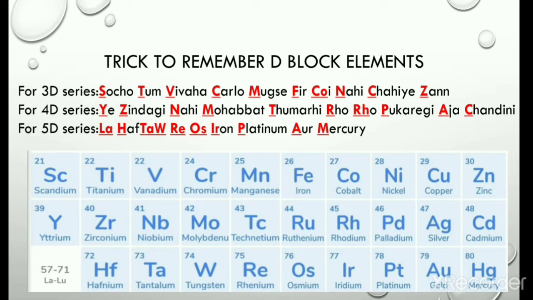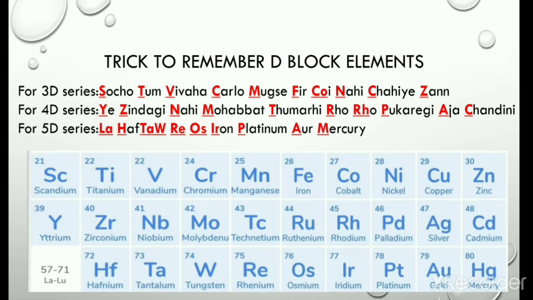For the 4D series we have to remember ए जिंदगी नहीं मोहब्बत तुम्हारी रो रो पुकार के आज चांदनी. Here also the underlined dark capital letter gives us the first letter of the element. From A, Y stands for yttrium. From Zindagi, Z is taken for zirconium. And from Nahi, N is taken for niobium. And from Mohabbat, M is taken for molybdenum. And from Tumhari, T is taken for